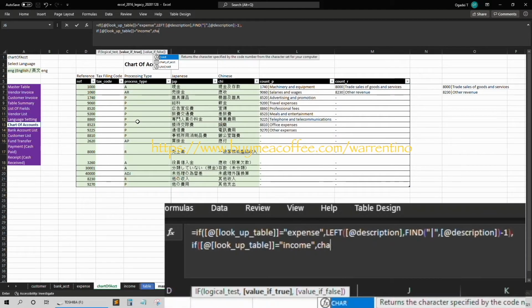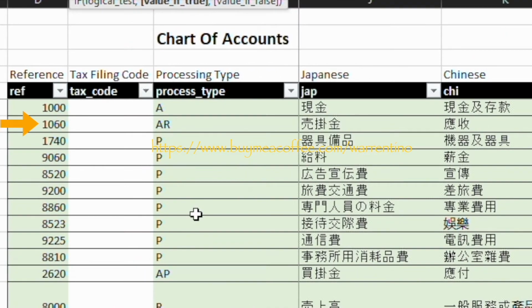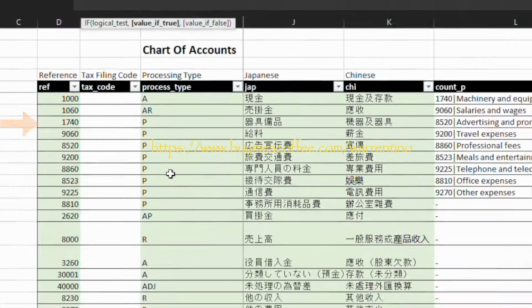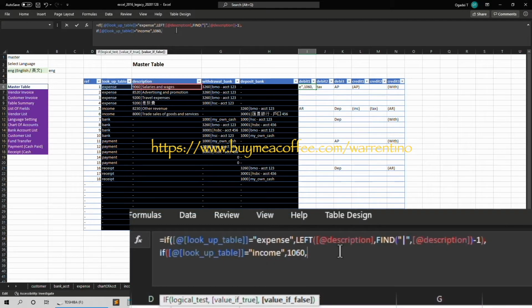Here you see that the GL account number is 1060. When the lookup table is neither expense nor income, it will just return a dash.